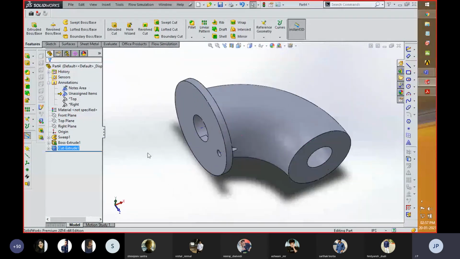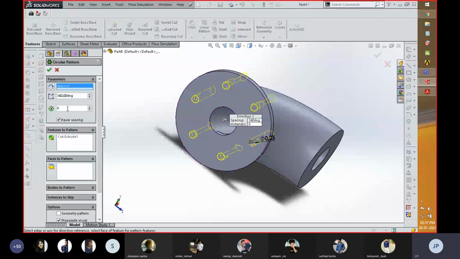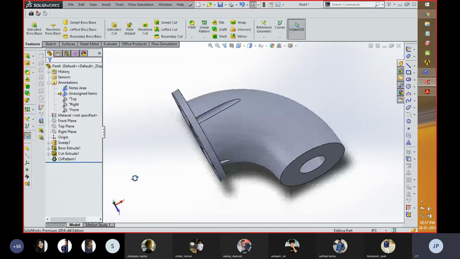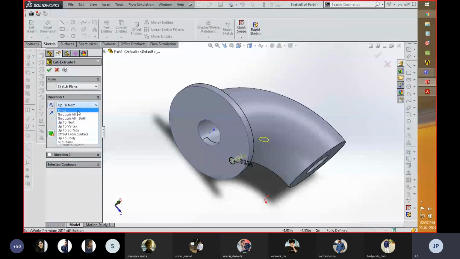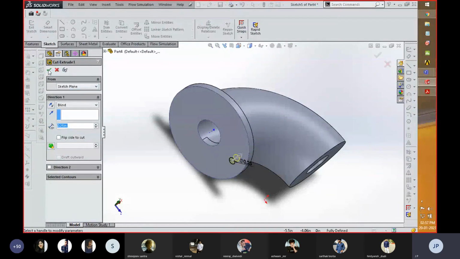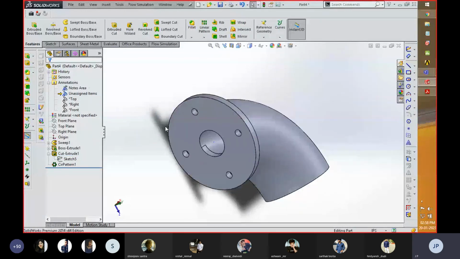Now we can create this circular pattern of this part at this central axis, and the number should be 4. Okay, so you can see that this can be done with respect to that, but I think that this part should not be up to next, blind, then okay. So this hole is now corrected.